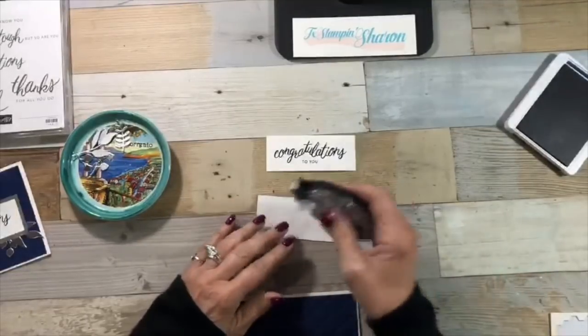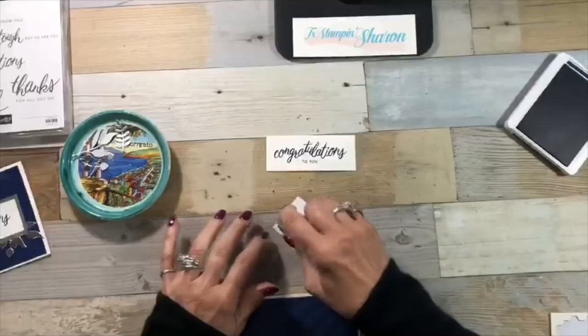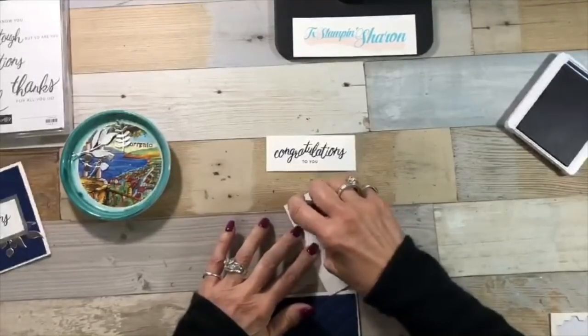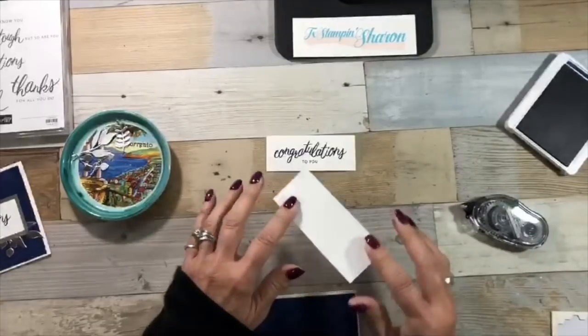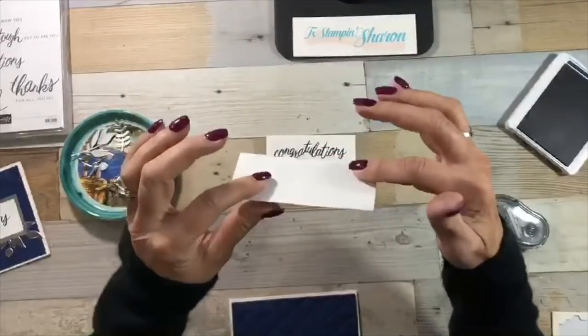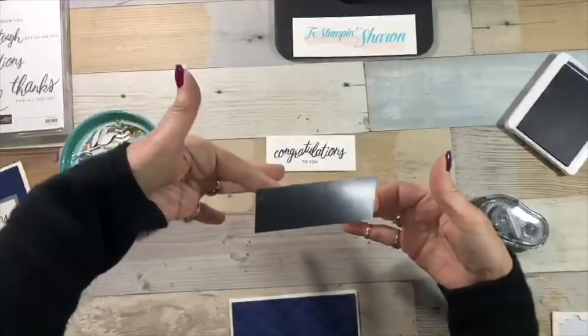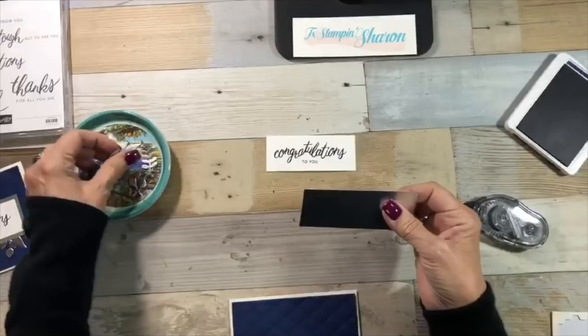I am going to go ahead and add a little bit of adhesive on the back of my silver foil, and I only did it in the opposite corners. I wanted the top left and bottom right. I've already cut out my leaves,